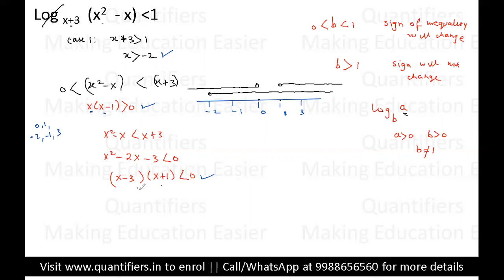Now let's see the third condition. If you see this third condition, from here we are getting the roots. What roots are we getting from here? -1 and 3. Okay, focus on -1 and 3. And it is given that the product is less than 0. So if the product is less than 0, what does it mean? That x should lie from -1 to 3.